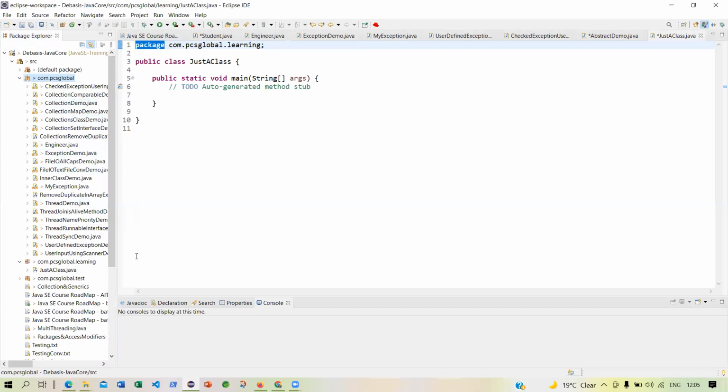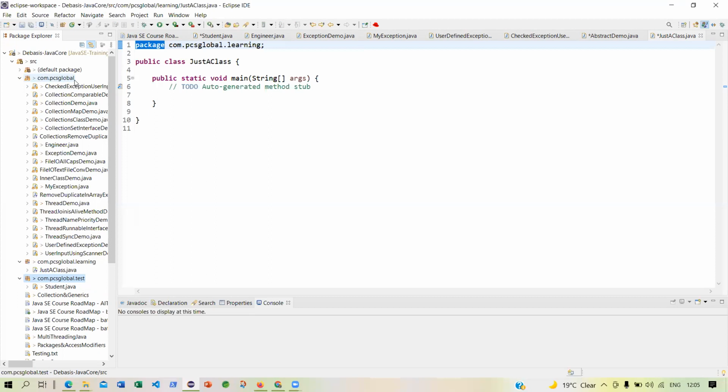But then you want to give some files to the testing team, so you are keeping all the test files and organizing them under a package. And this package is different from this package. So you can rename it as com.pcsglobal.dev, development files.